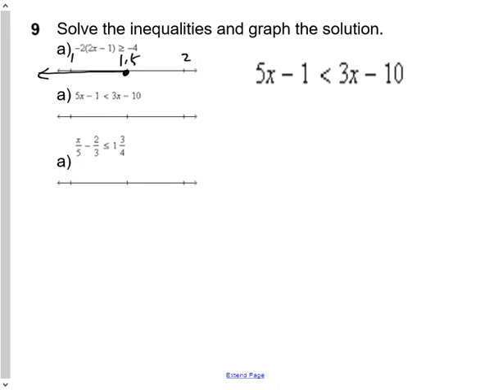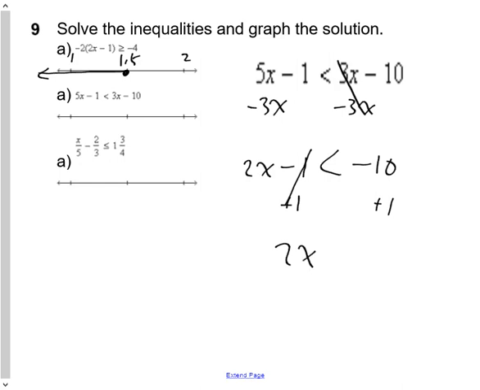If we take our next inequality, we have 5x minus 3 is less than 3x minus 10. So just like when we did equations in chapter 8, if you have variables on both sides, it's easiest to get rid of it from the side that has the least amount by creating an algebraic zero pair. So 3x and -3x would make an algebraic zero pair, leaving us with -10 on that side. And a positive 5x and a -3x would make a 2x. And 2x minus 1 is less than -10. Now we have a simple inequality. Add 1 to both sides, you get 2x is less than -9. Divide both sides by 2, and x will be less than